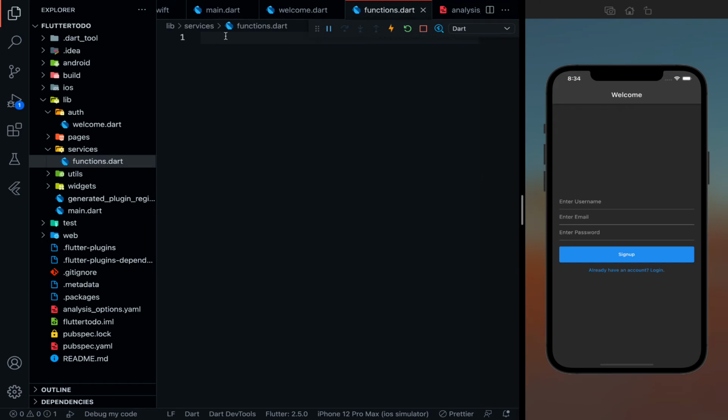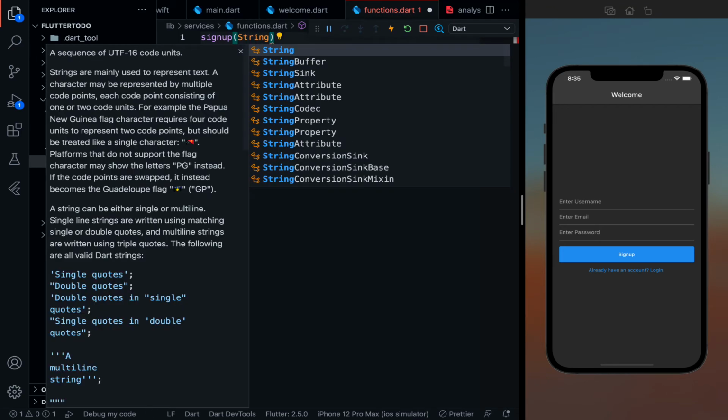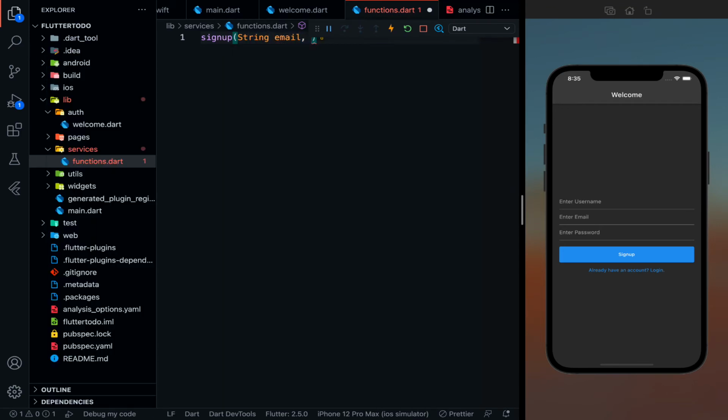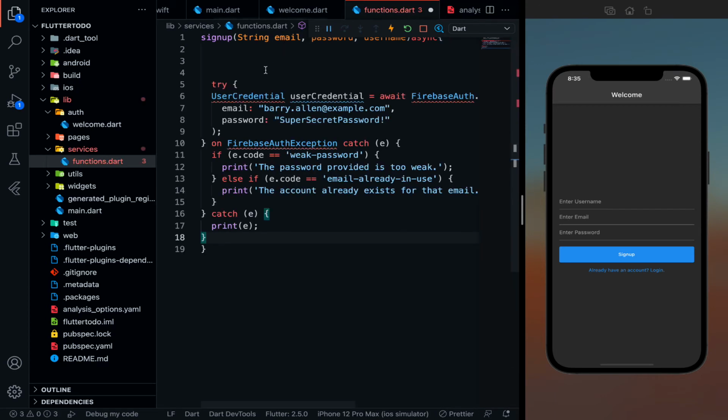Inside this, let's first create a function called sign up, which is going to take string email, password, and a username. And over here, let me paste that function.